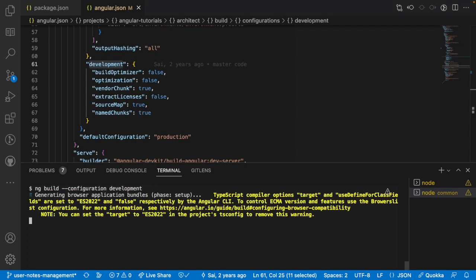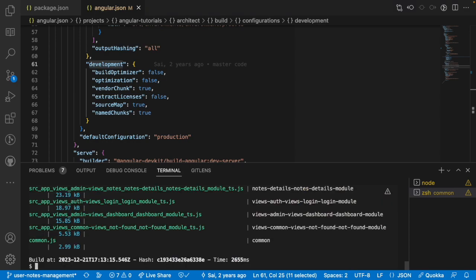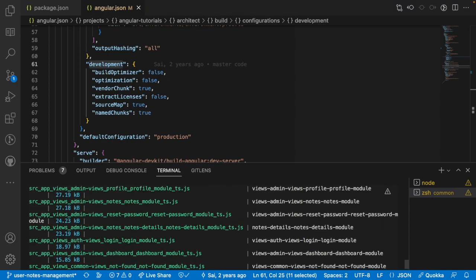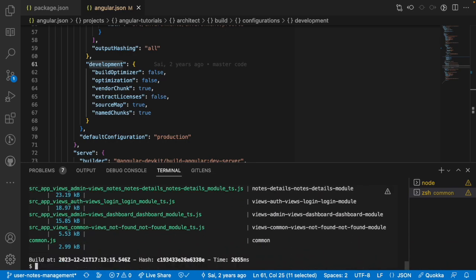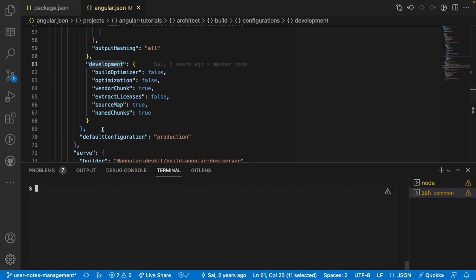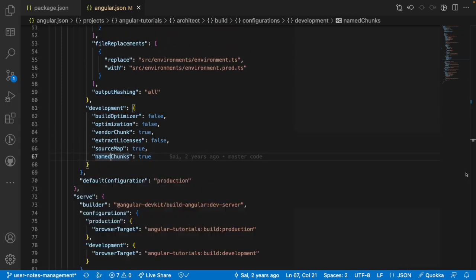So now by command itself, we are not changing the default configuration. By command itself we are creating our development environment bundles. So that's about your development part. And now if you want to add one more environment, what you can do, for example I want to add